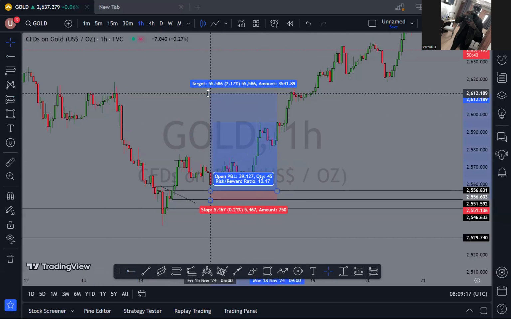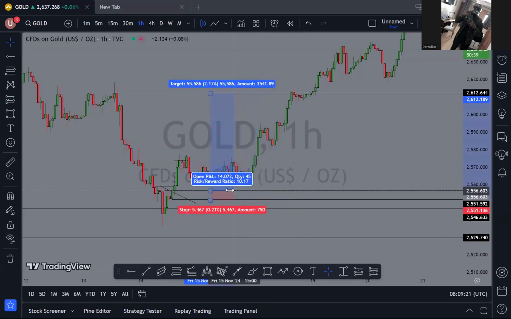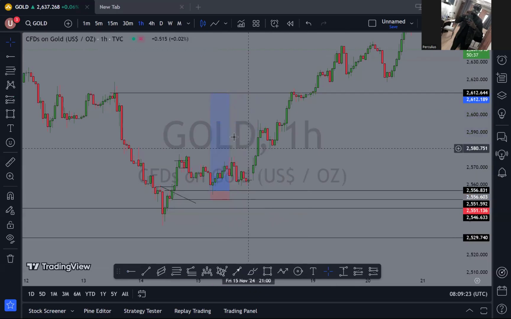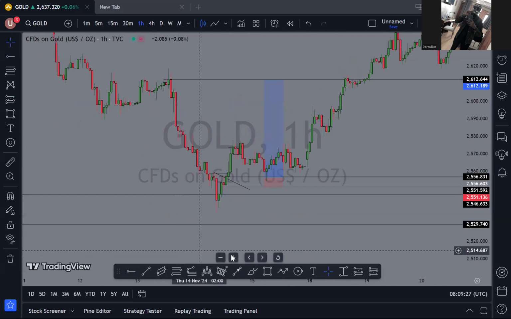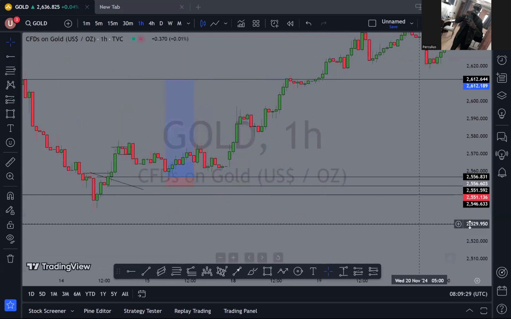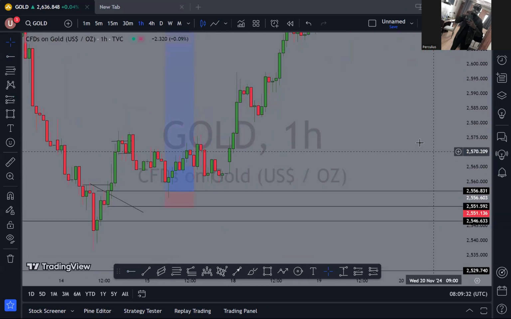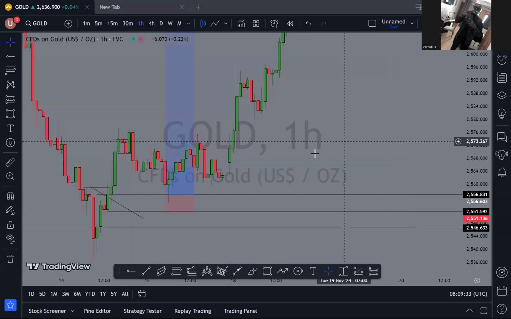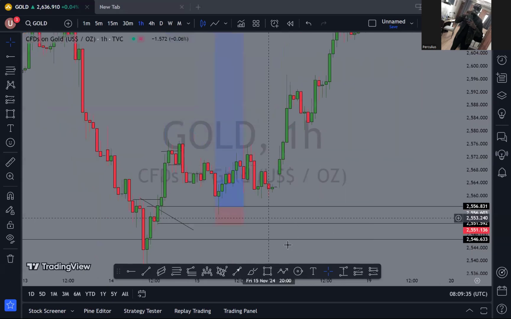Yeah. So this will be my first trade. After determining this, after taking this trade, you can generally see price broke through this level right here